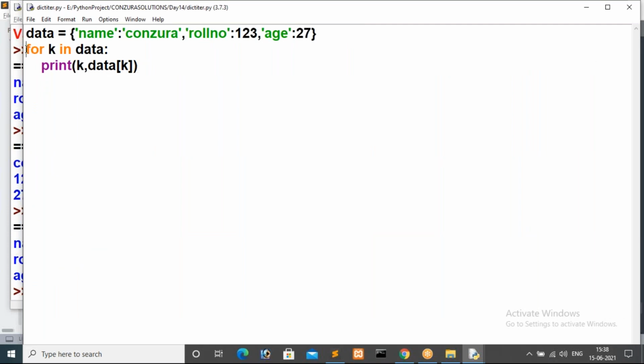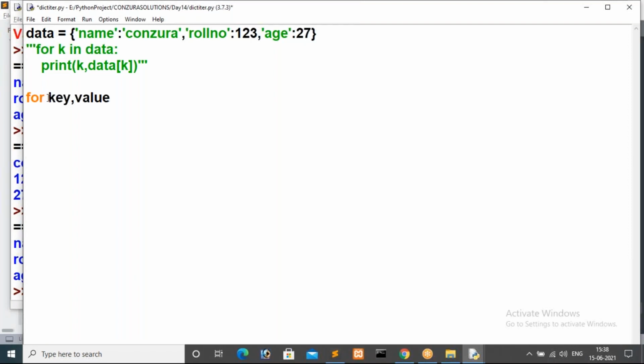Another way we have to iterate the same dictionary is the items method. By using this procedure we are getting only the key in iteration, and based on that key we are printing data of key. Instead of doing that, I have the items method. In the for loop, in the first iteration I want to get key along with value, so I am giving key comma value.